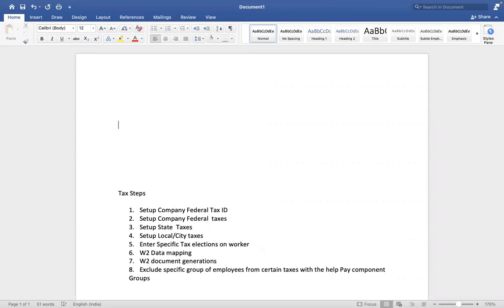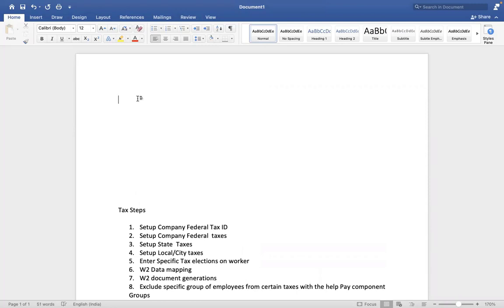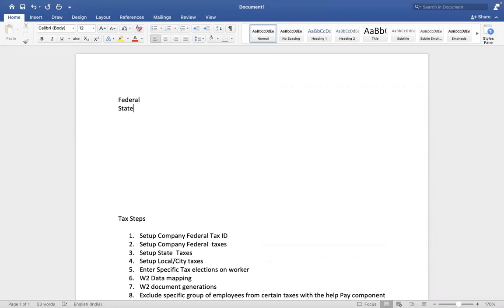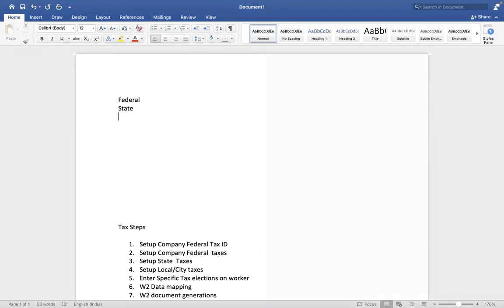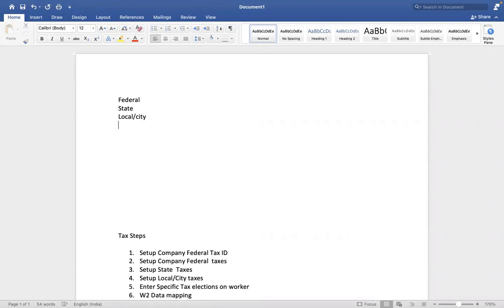Okay. So before that, a few things. In the US, we have different types of taxes: federal, state, and also local, or sometimes additional taxes as well. What are federal taxes, who owns and governs them? Federal taxes include OASDI